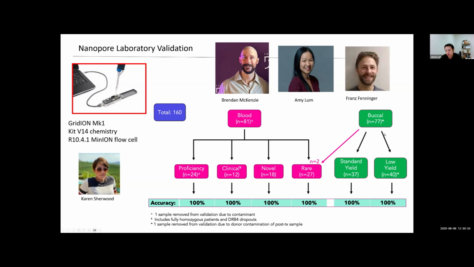And finally, the buccal swab. As you can imagine, our lab provides genotype testing to support stem cell transplant, and a lot of their collection is using buccal cells. And buccal cells have a lot of contamination, DNA fragments. They're not the easiest samples to work with. And even then, when we apply all these samples to nanopore, we're able to get a 100% accuracy rate under high resolution. So this is at the level that we feel is sufficiently robust to be used clinically to inform care.